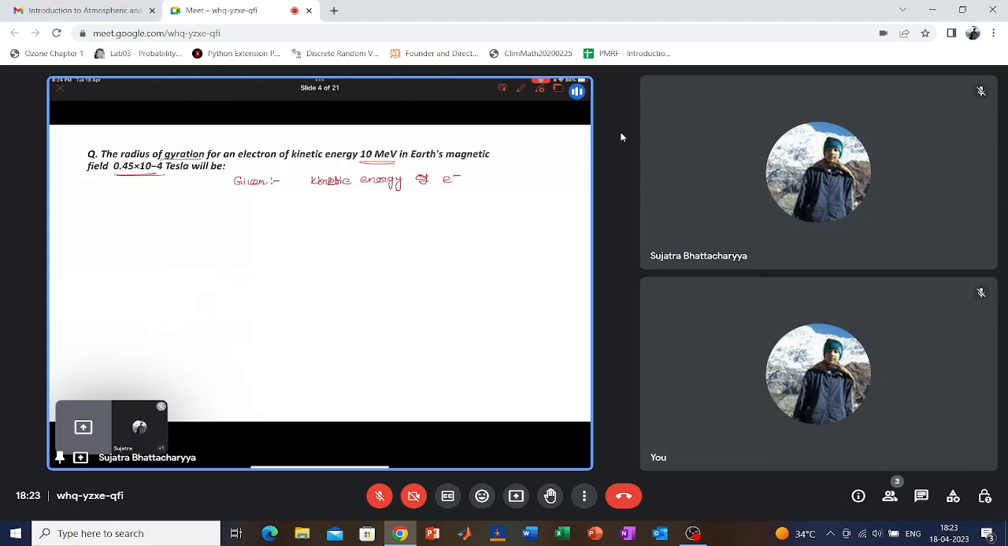There is some network issue. Okay, the kinetic energy of the electron, which is given to be about 10 mega electron volt. Okay, and the magnetic field B is 0.45 into 10 to the power minus 4 Tesla. This is also given. Now we need to find out